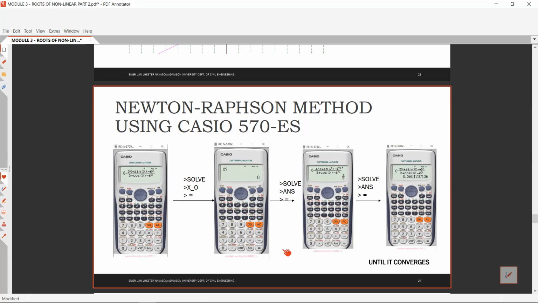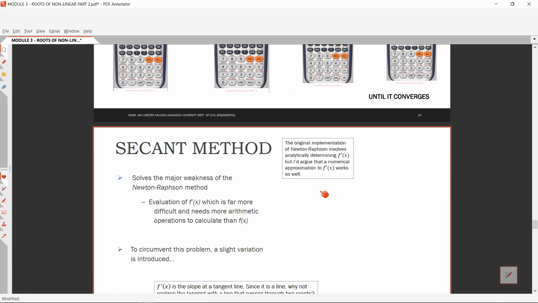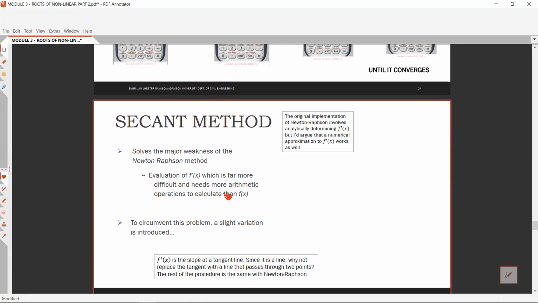So for the next one, we have the second method. Okay, for the second method, the original implementation of the Newton-Raphson involves analytically determining the f prime of x. Okay, but I argue that numerical approximation to f prime of x works well. So solving the major weakness of the Newton-Raphson method, evaluation of f prime of x, which is far more difficult and needs more arithmetic operations to calculate than f of x. Okay, so ang problem kasi sa Newton-Raphson method, kaya nag-introduce sila ng second method is